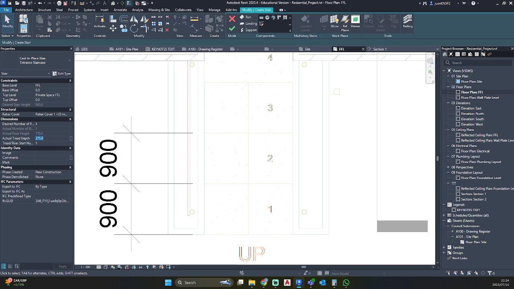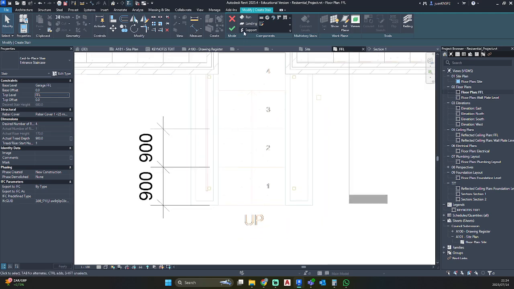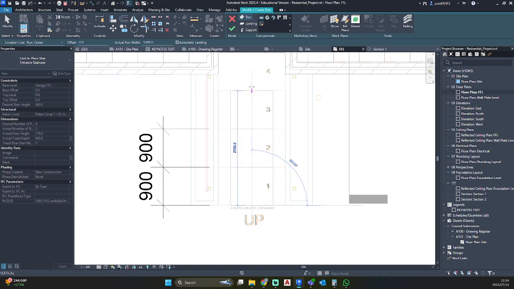So let's change our actual tread depth to 900 in our Properties panel. Let's set our base level to garage level, top level, finish floor level, and let's click on Run. So let's just drag this out.